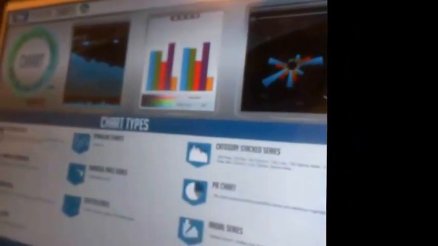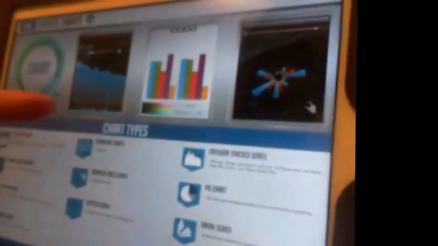Hang on here for a second. Hopefully you can see that, and you can see my little hand here. Hello. Talk to the hand now. So what we're going to do here is I am going to show you the app for charting. Now, I have no idea why this does not load properly in my iPad,